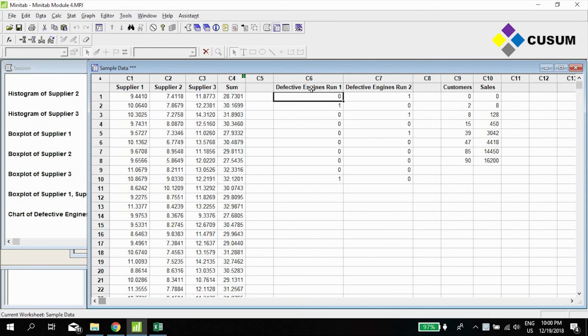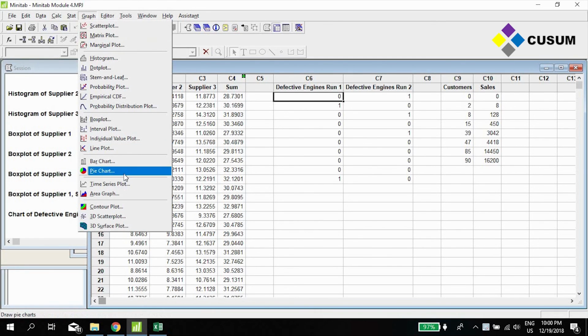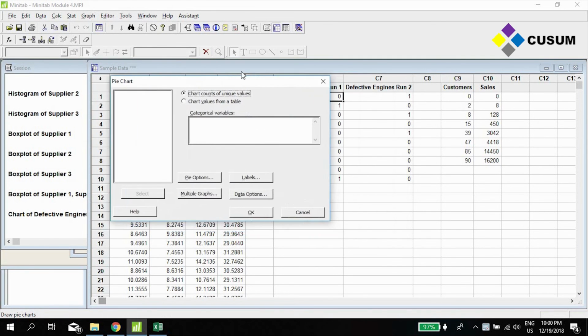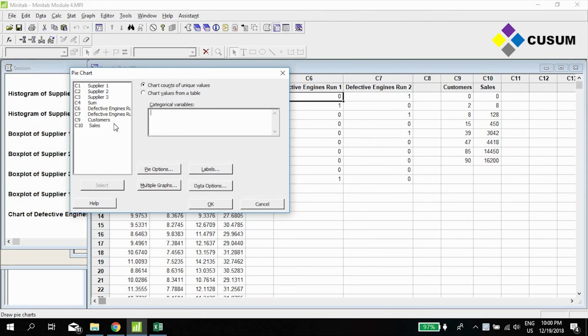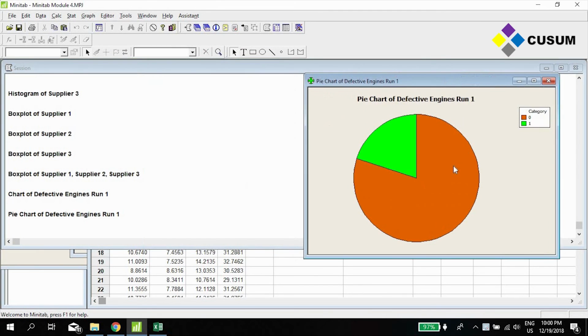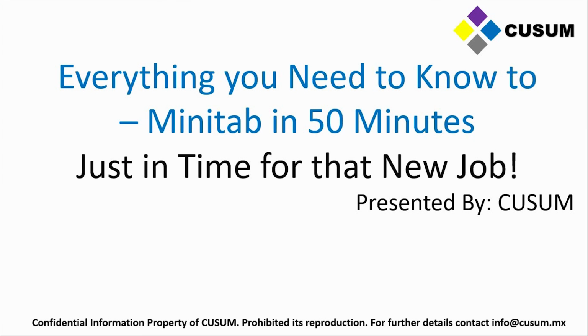The last basic graph that you need to know how to execute is called a pie chart. You can do pie charts in Excel, and you can also do them in Minitab by clicking on graph, pie chart, and then it will ask what values you want to add to the pie chart. You can select the defective engines, run 1, and then just click on OK, and now you'll have a pie chart. So that was everything you need to know about how to use Minitab effectively in 50 minutes or less,